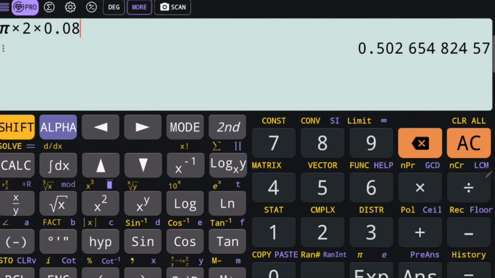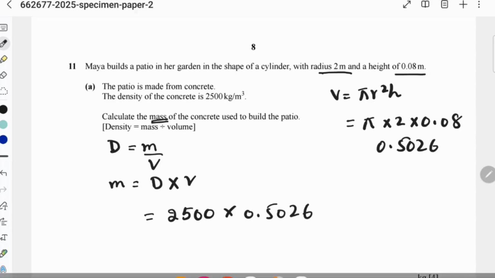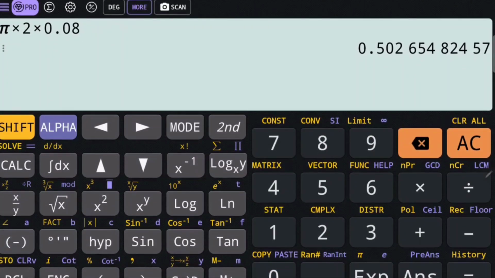Okay, and we are going to multiply by 2500. That's the thing you have to do. Multiply by 2500, and then it becomes